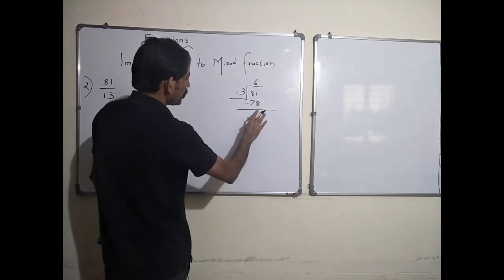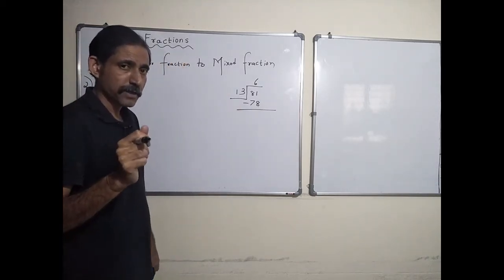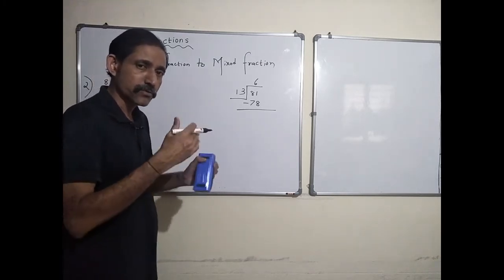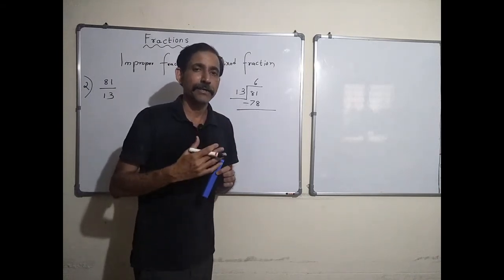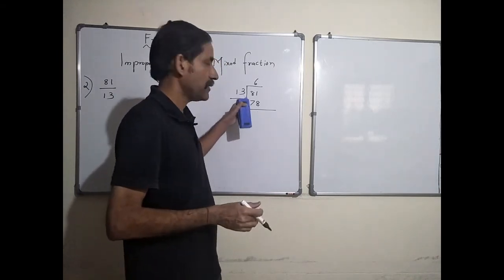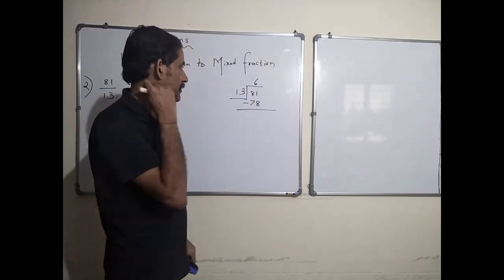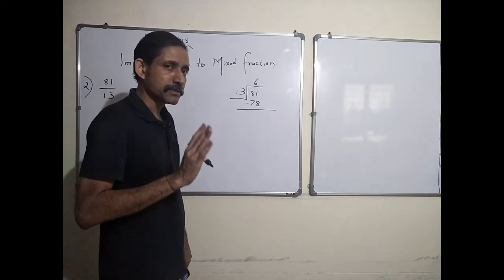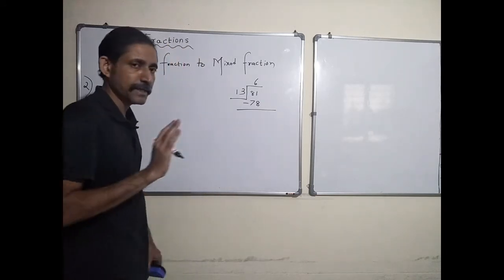Students, don't forget to strengthen your tables. Every day practice reciting the tables, as in 2 1s are 2, 2 2s are 4, all the way till at least 30. It helps. If you don't know the table of 13, it becomes very difficult. You will start multiplying one by one. It's always good that you are good in tables. Do it till 30 at least.